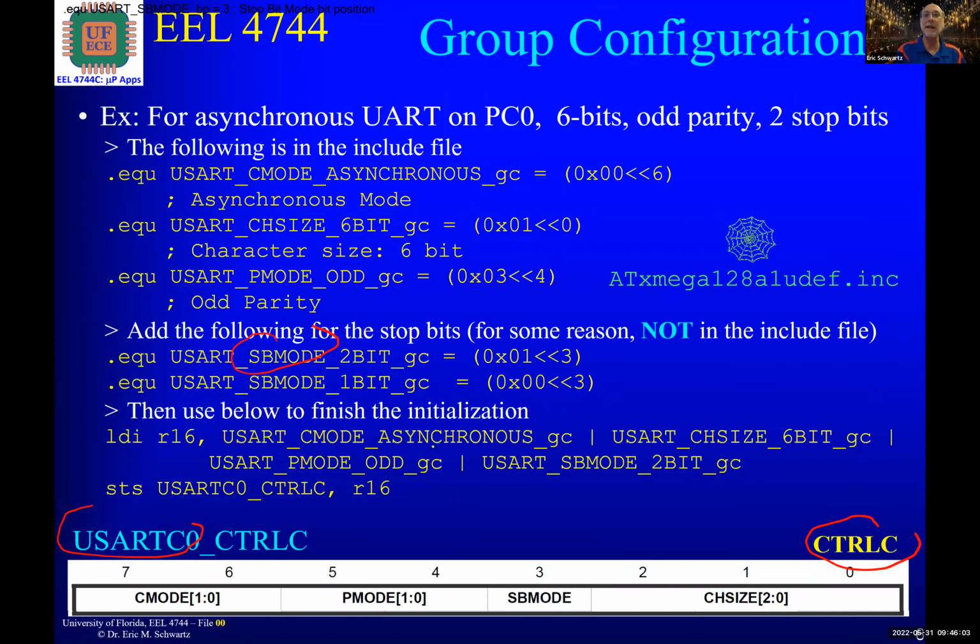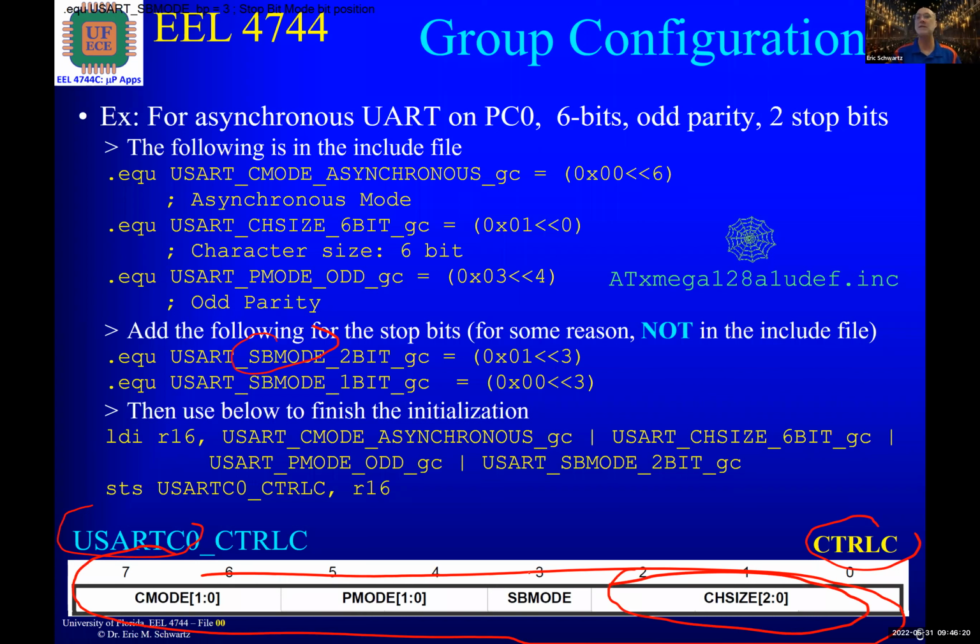Okay, so finally, what can you do then? I know that for this Control C, all of those values have to be set. And so then we have this nice little trick. I don't know if it's a trick, but once you use these group configurations, you OR them all together. Because effectively, we've got some bits that'll be in these positions, some bits in this position, some bits in this, and some bits in this. And if we have the C mode,